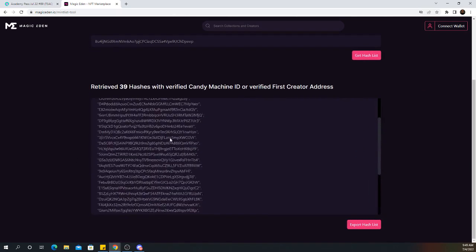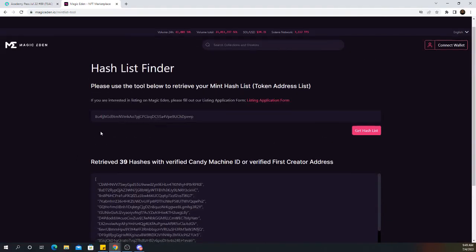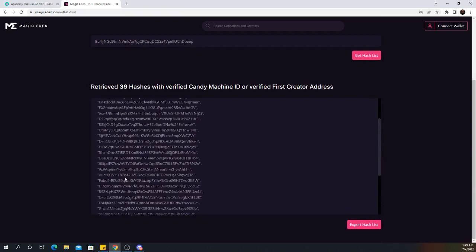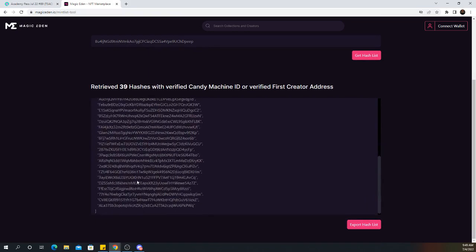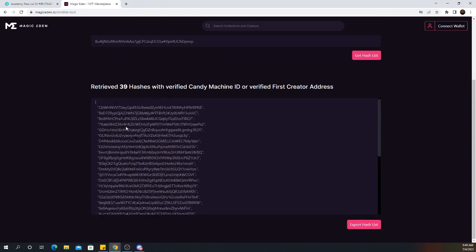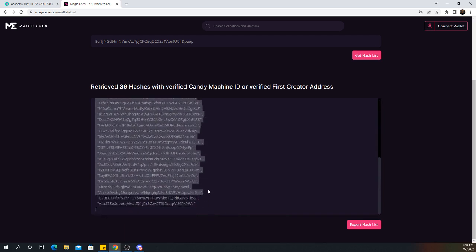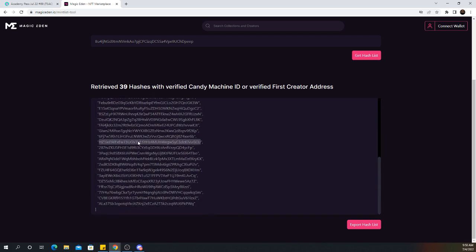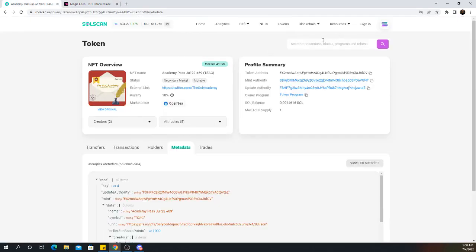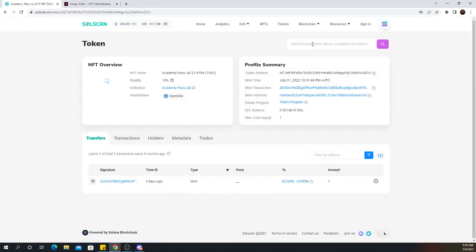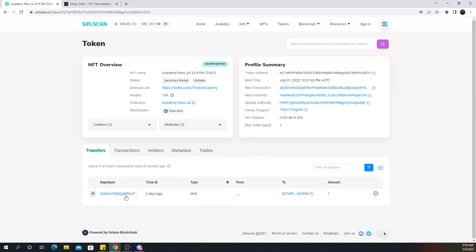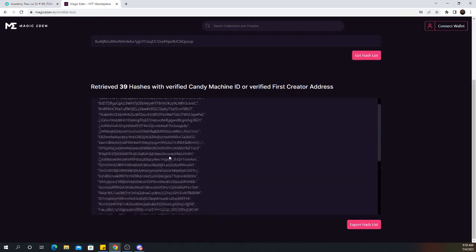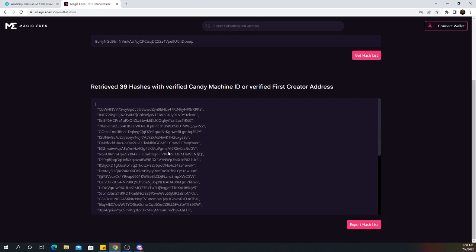Here we see, like we were talking about, it did pop up with these are the 39 tokens that are part of the Academy collection right now. So you'll see all these listed. Like we were talking about, if you did want to, you'd have to make sure that the token you're being traded is on this list. Each of these tokens is linked to a certain pass, and of course they're all the same, so they all pop up as the same. These are the tokens that are being traded with the Academy.